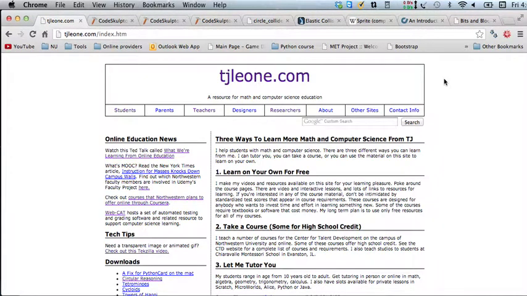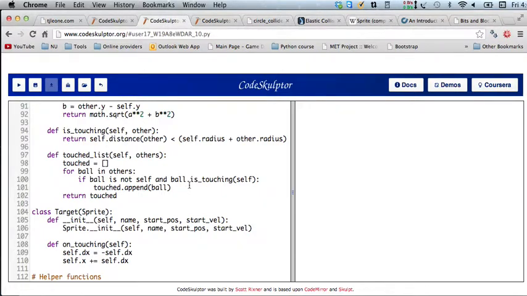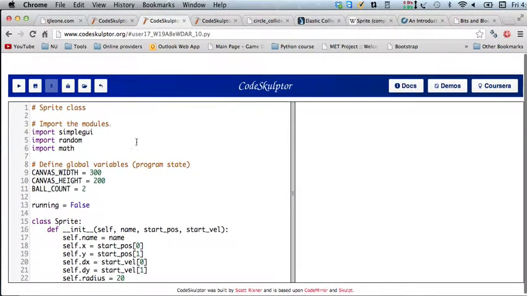Alright, so in the last video we did some refactoring on the file that had the sprite class. So now it's the ball. Oh, it was the ball class. Now it's the sprite class. Actually, I think